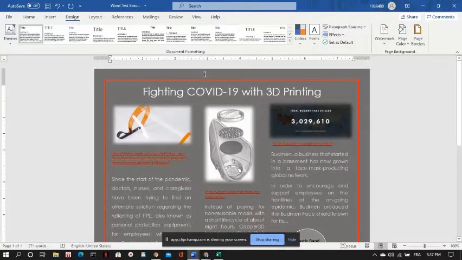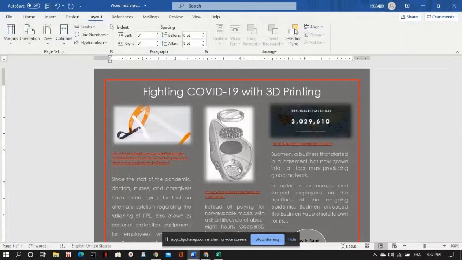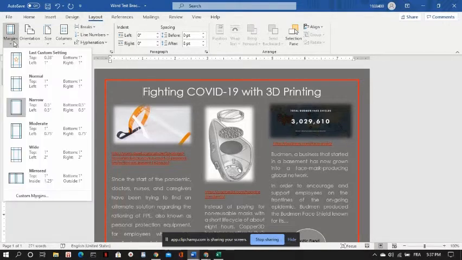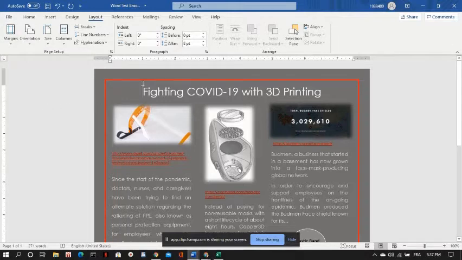What I did next was I changed the layout. If you go to the layout option right here and you click on the little arrow, adjust margins, here you can see you have many options of margins. What I chose was narrow, so it's 0.5 everywhere, as you can see in the horizontal ruler and vertical. What's most important is the horizontal because it can change